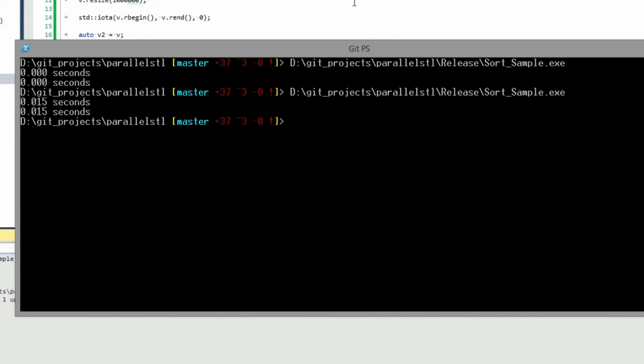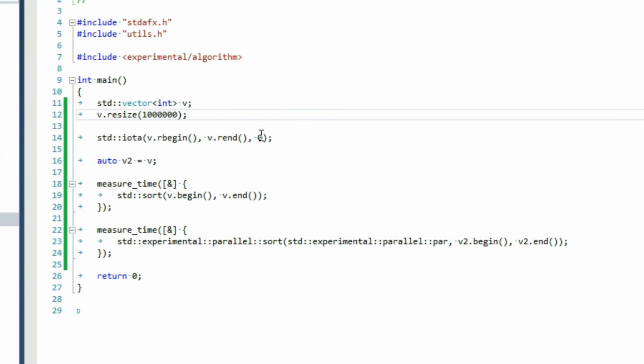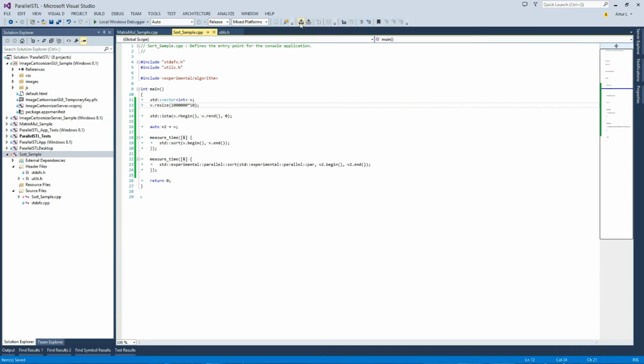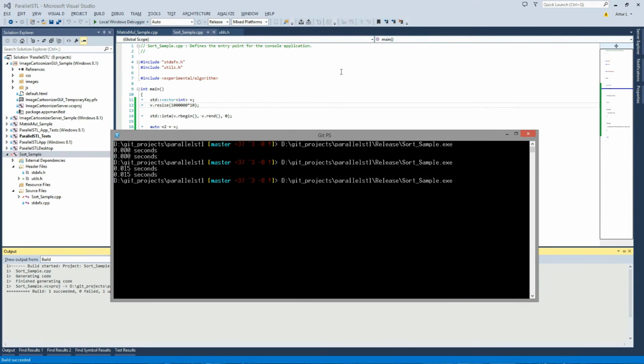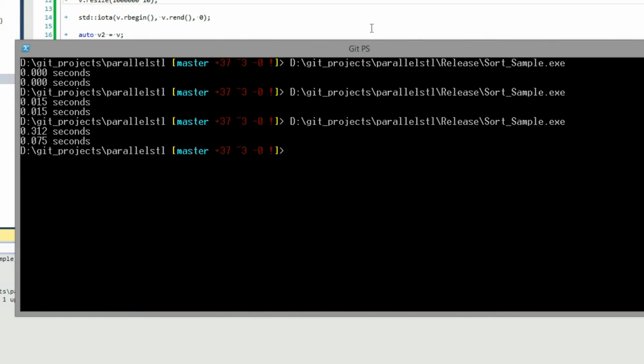More zeros. Let's add another 0 and see if that helps. Let's actually do it like this. So we're going to sort 10 million integers. Let's see if that works. And now we see some speed up. Let's actually see how much speed up did we get from this. 4.16. So on a machine with 8 cores, this is somewhat disappointing but an expected result because sort doesn't yield